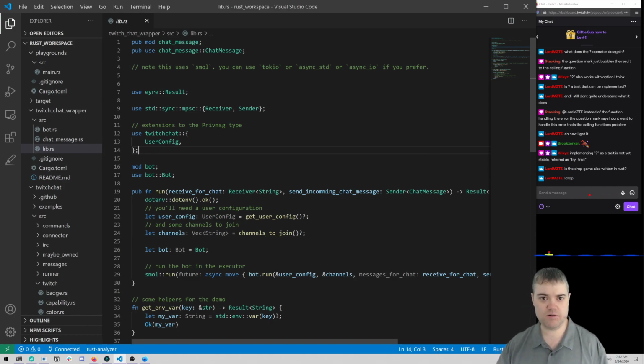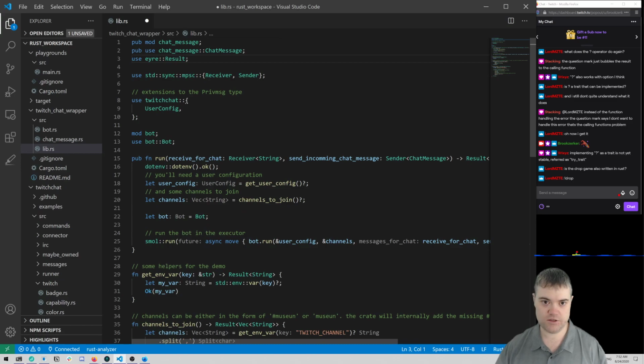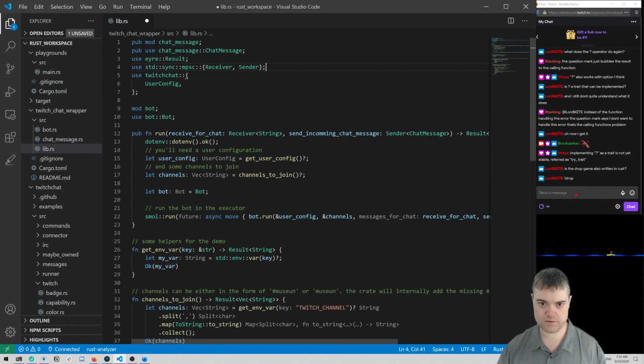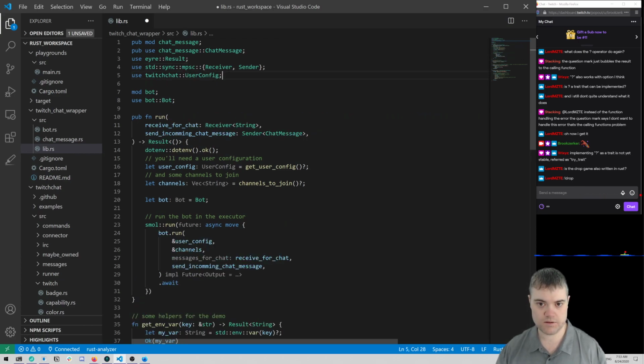But okay, let's see. Pubmod, chat message. Then we use the chat message here. Use error results. Using our sender and receiver. Let's clean that up a little bit.